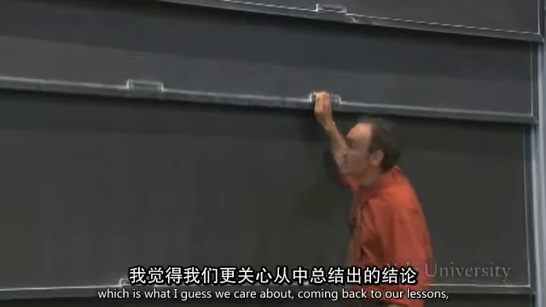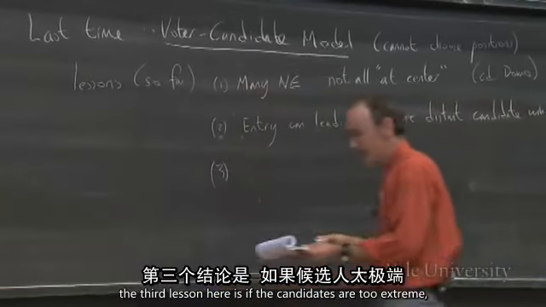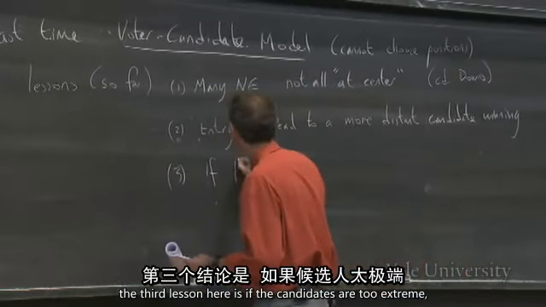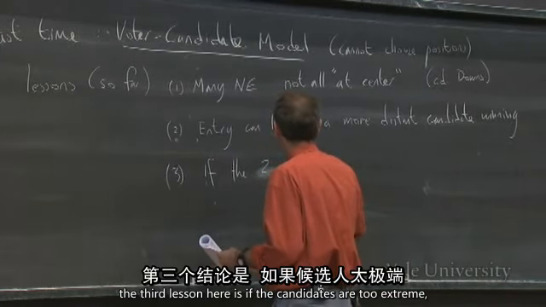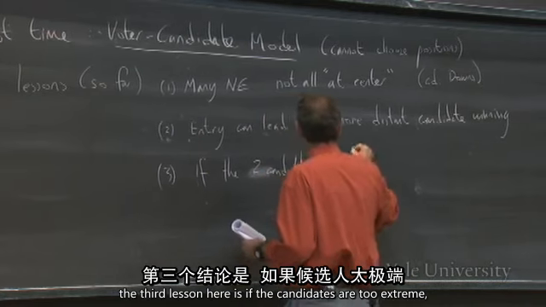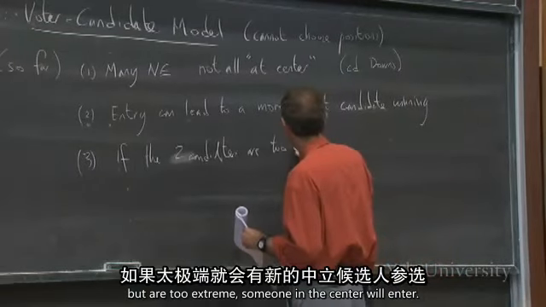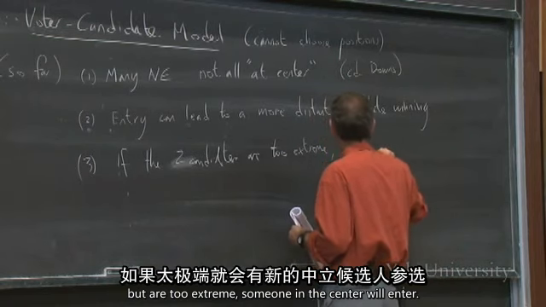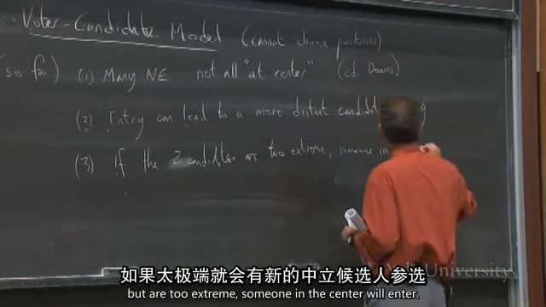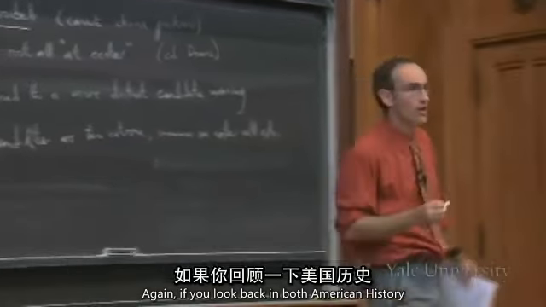But coming back to our lessons, which I guess is what we care about, the third lesson here is if the two candidates are too extreme, where too extreme in this model meant less than a 1/6 and more than 5/6, someone in the center will enter. And again, if you look back in both American history and other countries' history, you'll see that